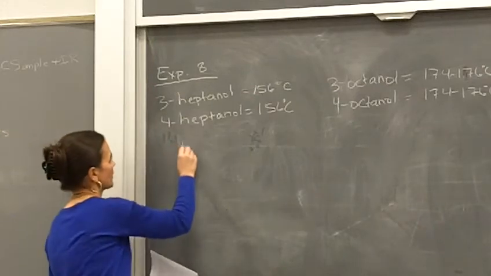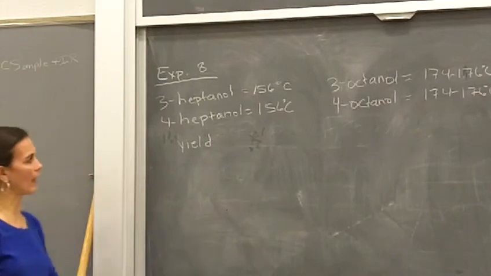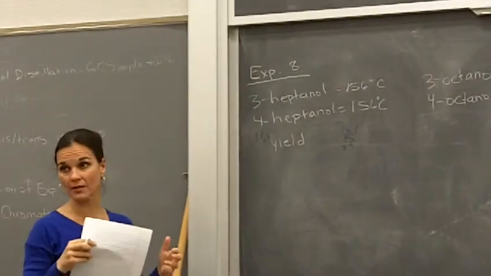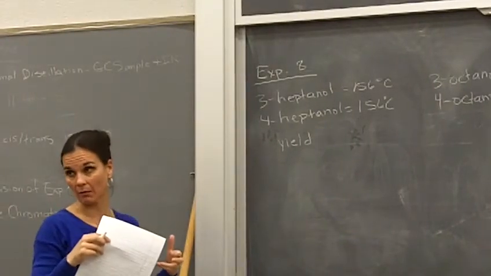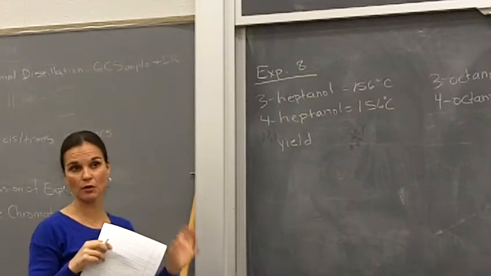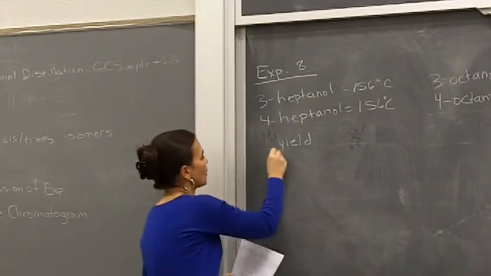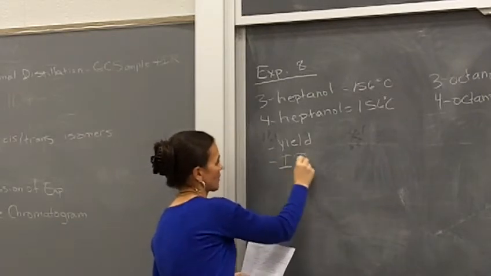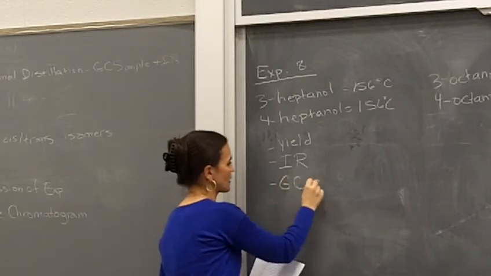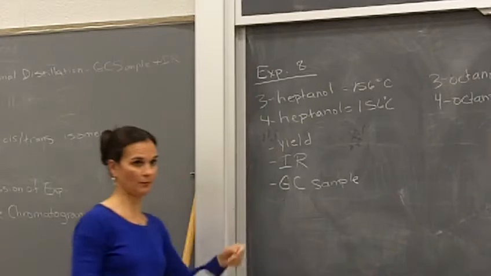We're first of all going to need our yield, and you can do that two ways. You can do a yield of all the fractions that you are saying alcohol is within them, okay? And then you can also do a yield of what you say is your purest fraction of alcohol as well, okay? You need to collect an IR spectrum of your alcohol, and then you're also going to make a GC sample,